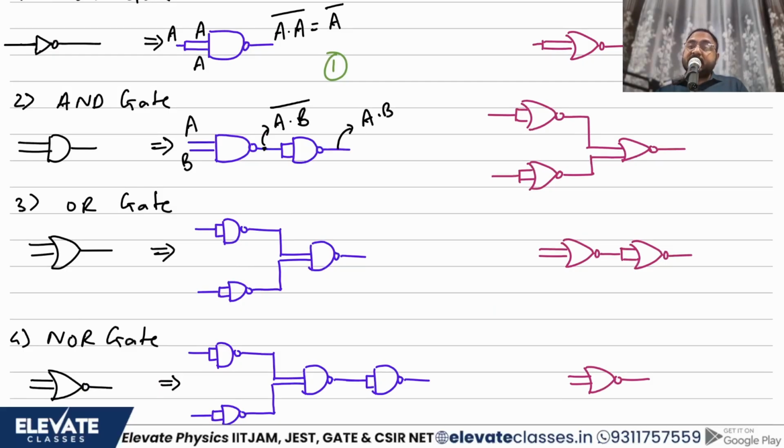Now let's see if you can design an OR gate. In order to design an OR gate, we'll have to do some kind of modifications and take the help of De Morgan's theorems. Let's see how we can do that, right? So I have an input over here. Let's say I call this input as A, and I have an input over here which is called B, correct? So this will become A bar and this will become B bar. Why? A NAND gate with both inputs shorted is nothing but a NOT gate. So this is A bar, this is B bar.